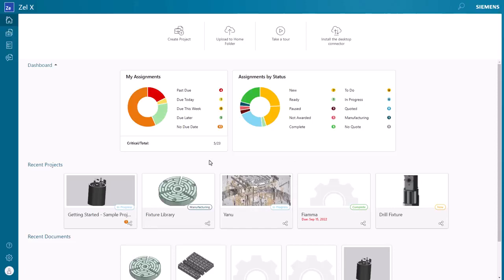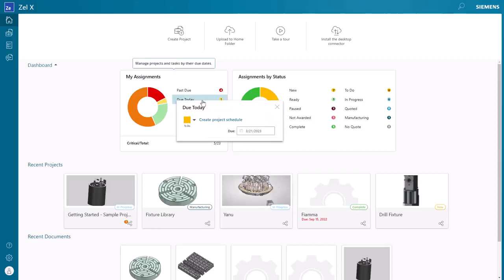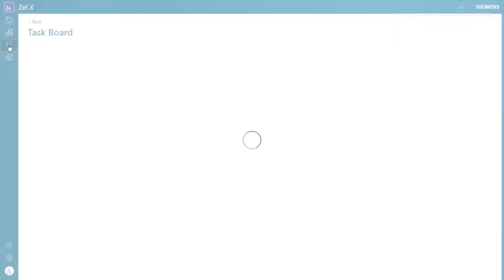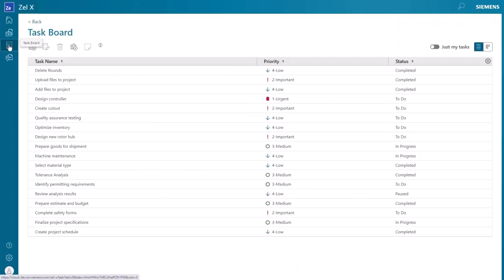by their due dates or status. We can interact with the pie graph and see what tasks are due today, for instance, and update their status if necessary. Clicking the Task Board tab on the left gives us a view of all tasks, their priority, and